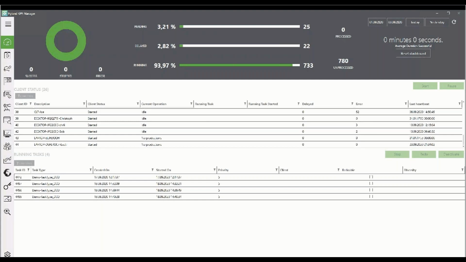And with the manager, we can orchestrate all of the bot activity. You can have many, many bots running, and those bots can share workloads for specific tasks, or a bot can handle many separate tasks. In fact, the bots can run 7 days a week, 24 hours a day, so they can always be fully utilized. And the manager helps us decide which bots will run which jobs, at what times, or in response to what events. In fact, it's a lot easier to boss bots around than it is to boss people.